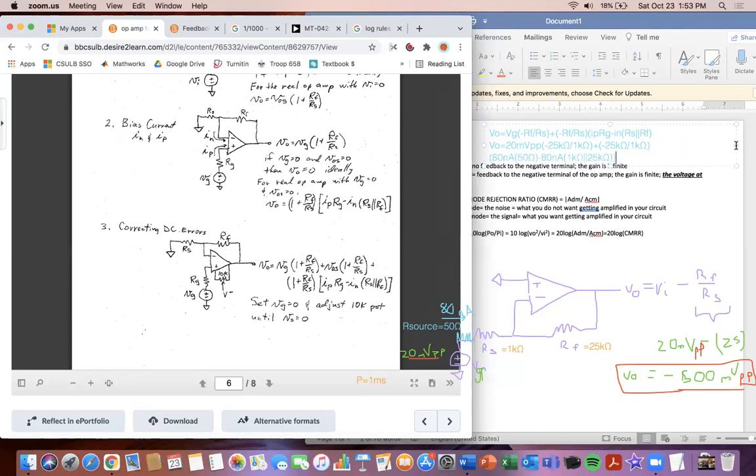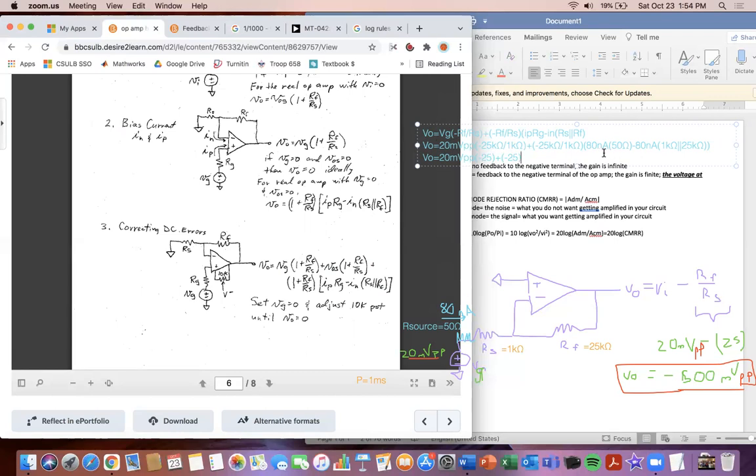When we solve this, let me do it on a quick calculator here. So IP and IN are the same number, correct? Yeah, IP and IN are the same number because for input bias current, if we're referencing the data sheet, unless specified otherwise, they are both 80 nanoamps. Gotcha. So for V output here, I'm going to simplify this. So 20 millivolts peak to peak, negative 25K over 1K, that would just be negative 25, plus negative 25 here again, times 80 times 50,